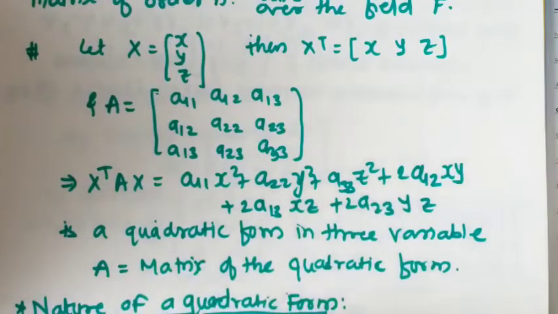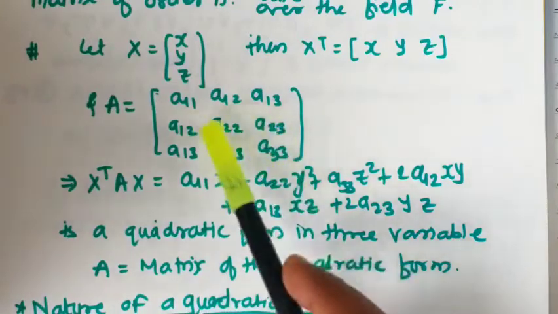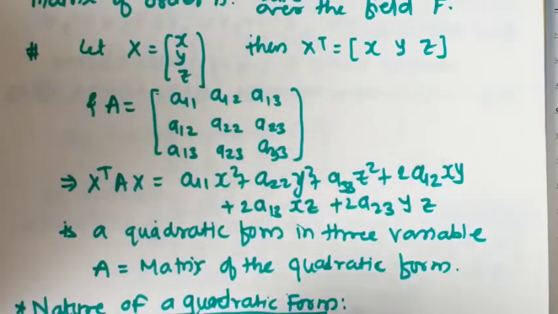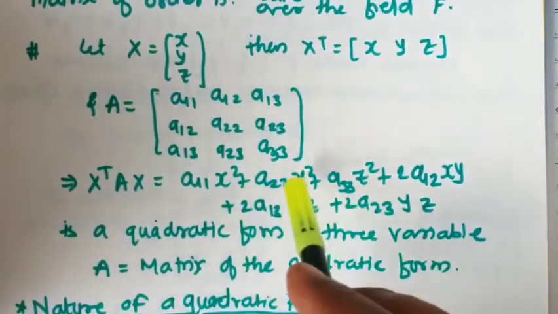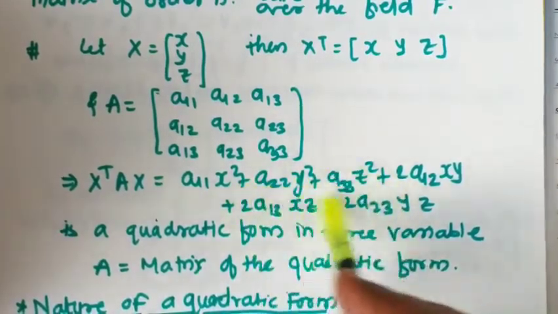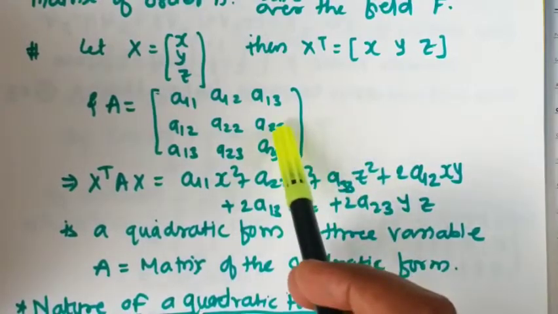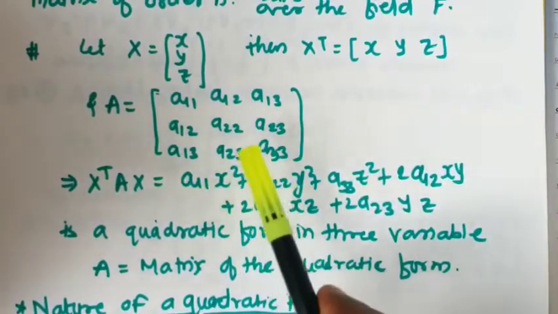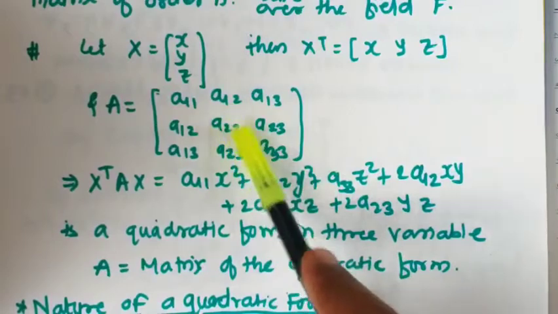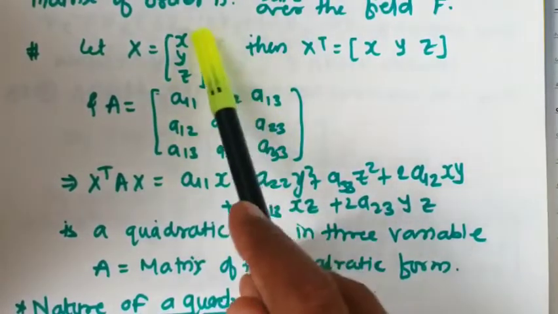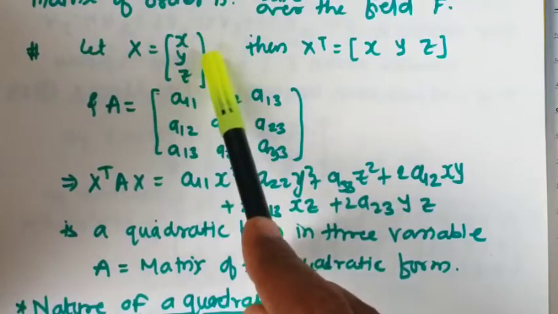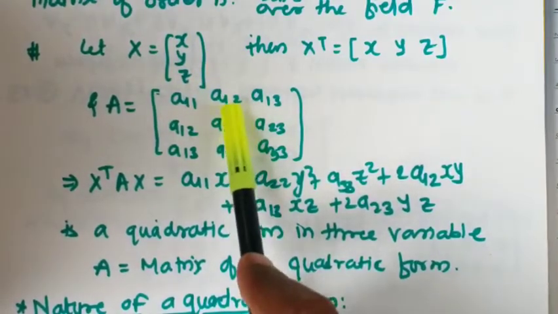So these types of forms we are going to have in examples, and A is the matrix of the quadratic form. This symmetric matrix A is also called the matrix of the quadratic form. So if you have in front of you a quadratic form in equation form, you can write the matrix A from it. How? The coefficients of x square, y square, z square you have to write diagonally. Then for entry 1, 2: the first variable is x, the second variable is y, so here we'll have x into y.